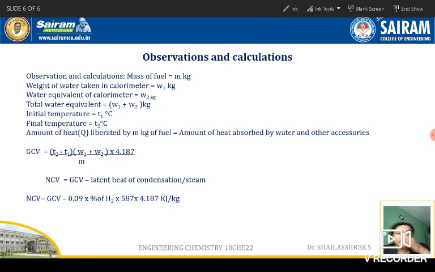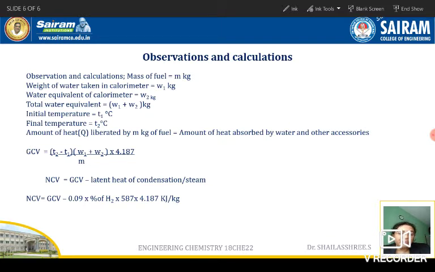Yes, no? So in the same way in bomb calorimeter, what happens? When the heat is liberated, it is not only absorbed by the water, but what is happening? Calorimeter also will get heated. Thermometer also will get heated. Stirrer also will get heated. That means the heat is transferred to the other accessories also. So if we measure only the temperature of water, it may be wrong. We are doing the wrong calculation.